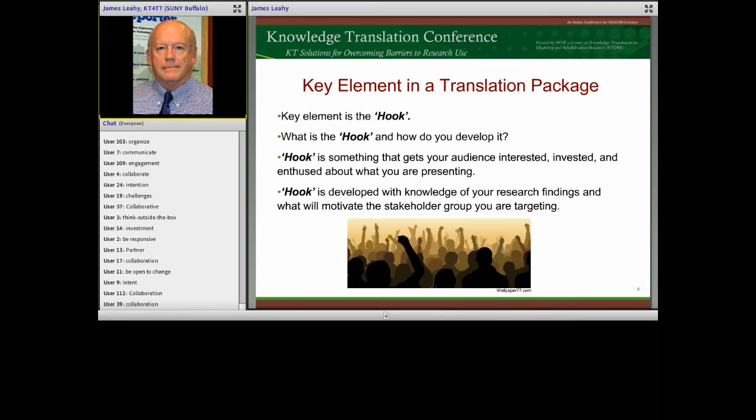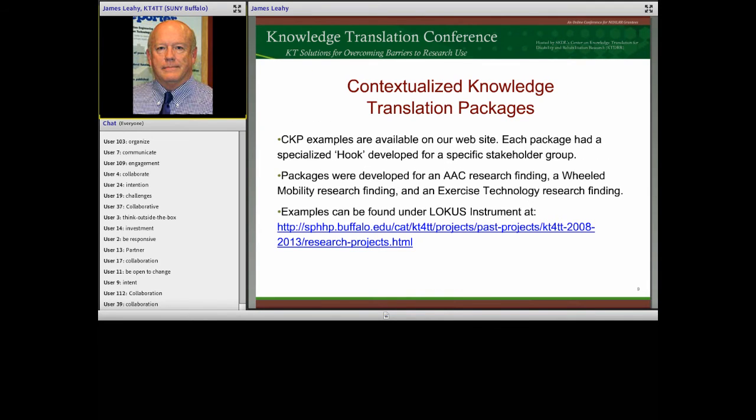As I mentioned at the beginning of my presentation, on our website we have examples of contextualized knowledge translation packages that were developed for the various stakeholder groups. Each one had a specific hook developed for that specific stakeholder group. We've got translation packages developed for AAC research findings, a wheeled mobility research finding, and for an exercise technology, exercise physiology research finding. Those contextualized packages, CKPs, can be found on our website under Locus Instrument at the website listed